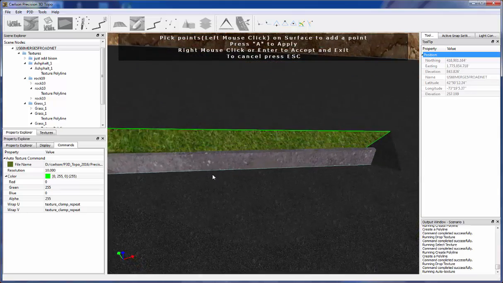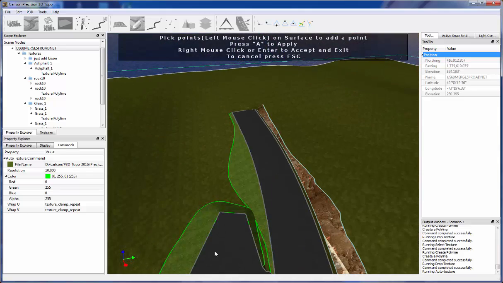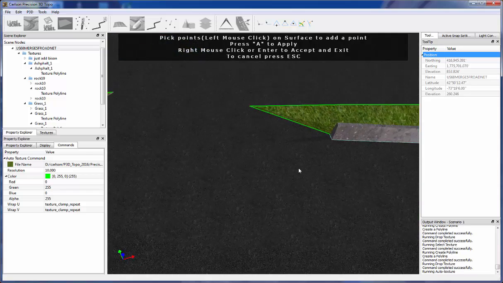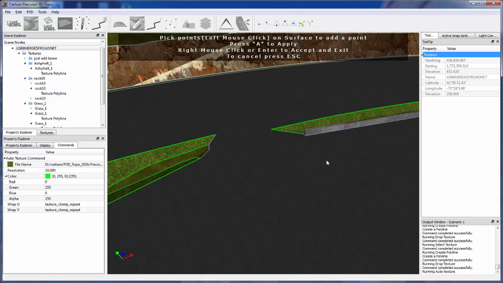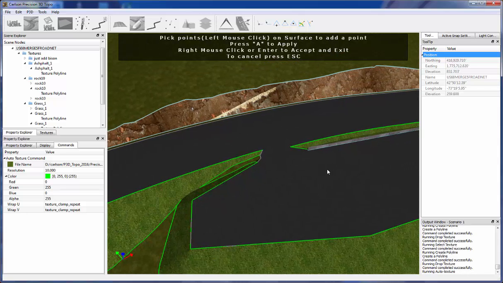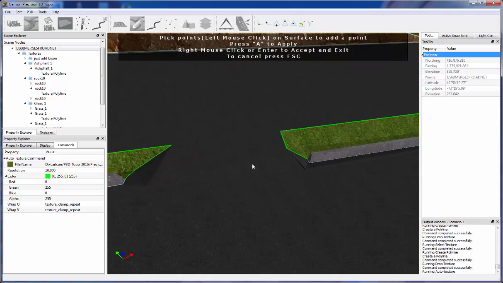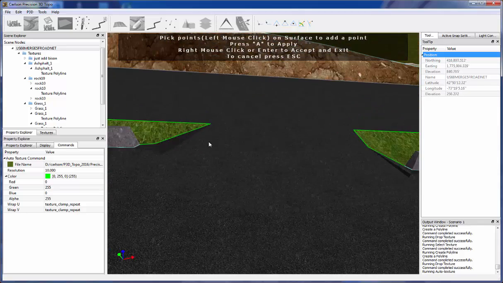And that did a pretty much perfect job of auto detecting our ditch on both sides. So that's a little bit more of the advanced surface editing techniques to clean up these anomalies, and that would certainly